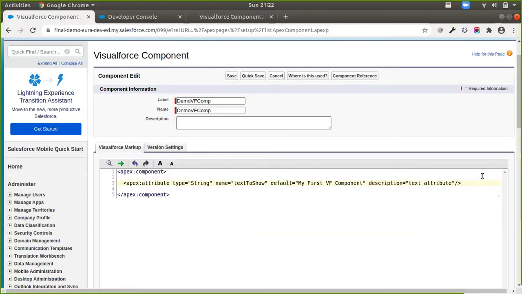But once you define this, you can refer to your attributes in your markup like this. My attribute's name is textToShow, so I can put it like this and quick save it. Even though I have saved it here, you would be able to see that there is no preview button in the Visualforce components. In order to actually preview it or use it, I'm just going to quick save it again, and